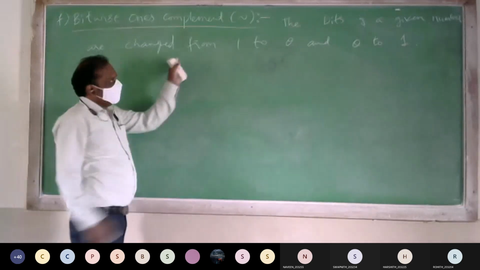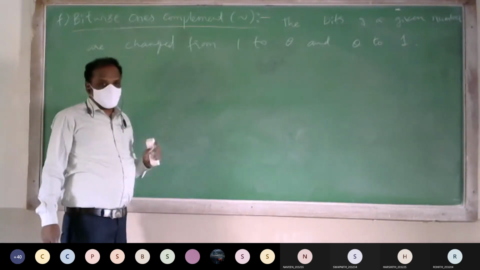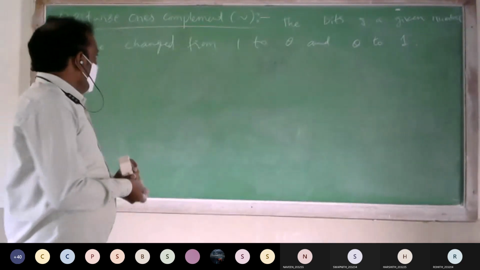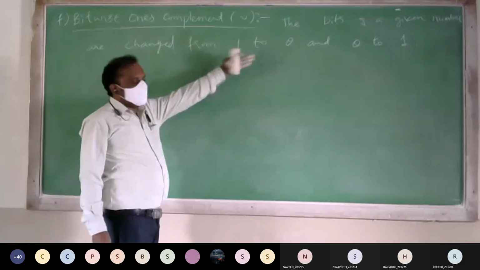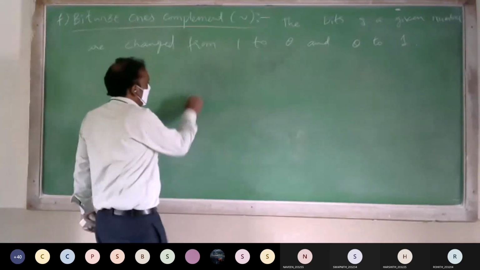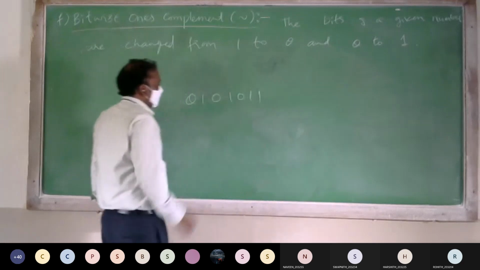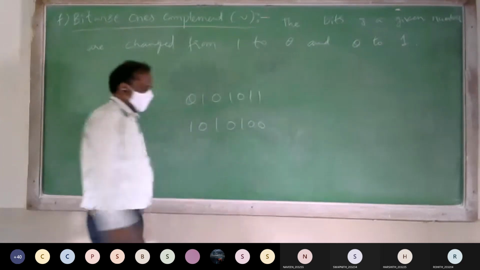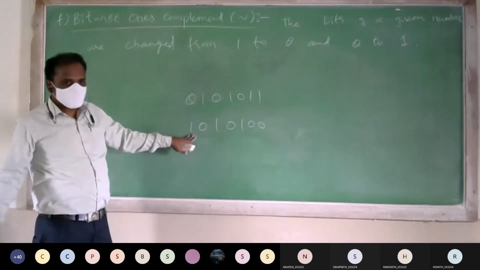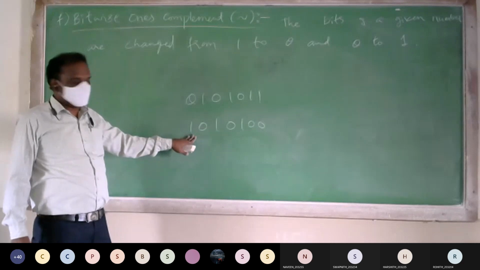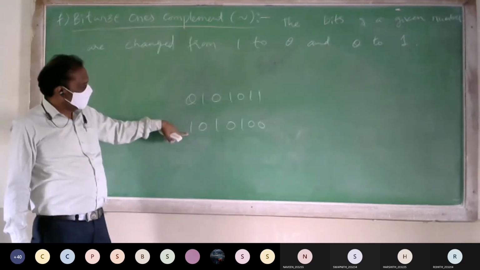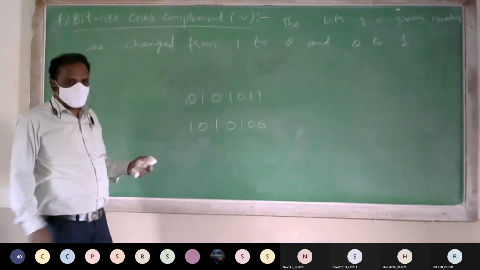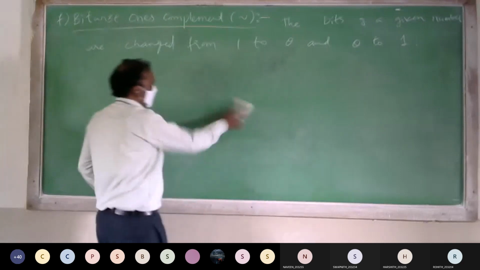Whatever the definition is, the problems are not that simple. Here we are saying that zeros are converted to ones and ones are converted into zeros. Like for example, this is a binary number. Now, what is the 1's complement? Like this we will write. But this is not the answer you get in the computer. Computer will give differently. The definition just says zeros are converted to 1 and ones changed to 0, but the computer answer will be different. We shall see with the problem.